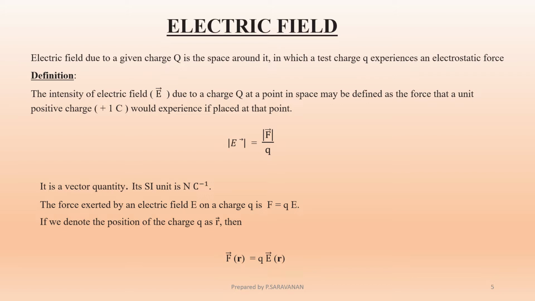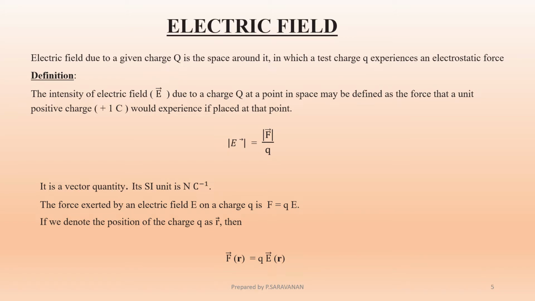You take for example a charge plus Q kept in space, which is a positive charge. This charge may have a weaker field or a stronger field. Let us assume that the field surrounding the given charge Q is stronger. Then up to a very large distance it will have its influence. Suppose the charge Q is surrounded by a weaker field, then the distance up to which its influence can be felt will also be limited. In both cases, electric field is defined as the space or area surrounding the given charge.